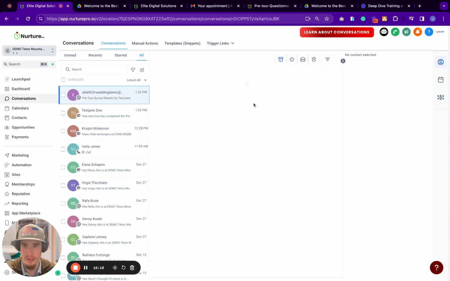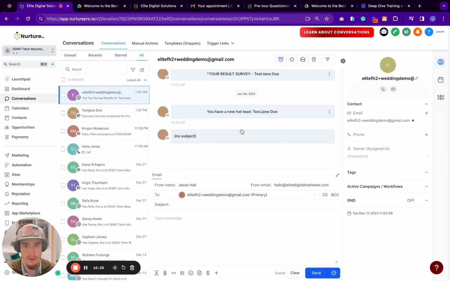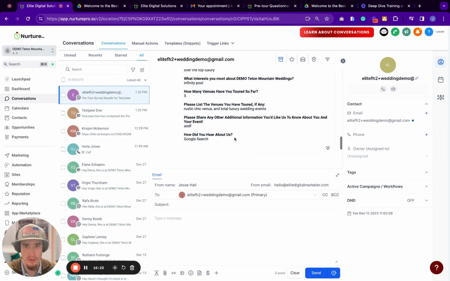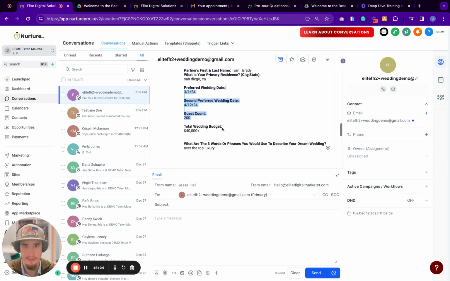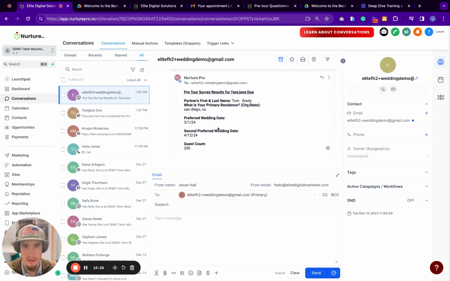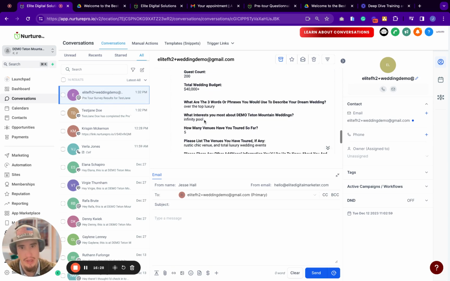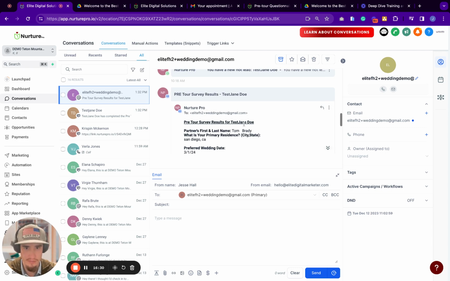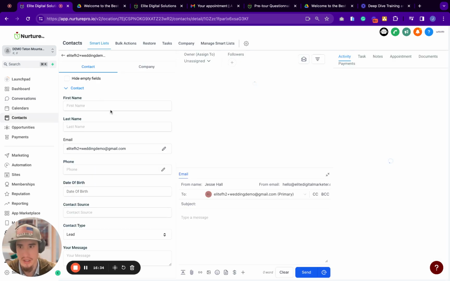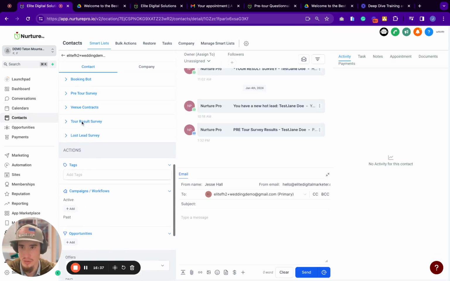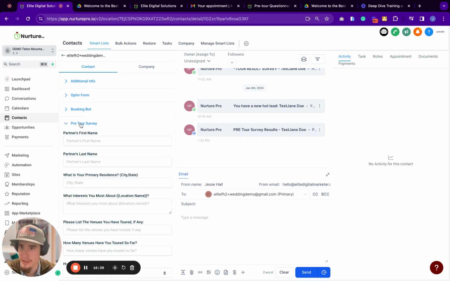And then right here, we can see your notification email. It will then email you the results so that you can print it out. You can just keep it handy on your phone if you want to for the survey or for the tour, or you can also open up the contact and scroll down to the pre-tour survey section, and you'll be able to see all of, oops, sorry,